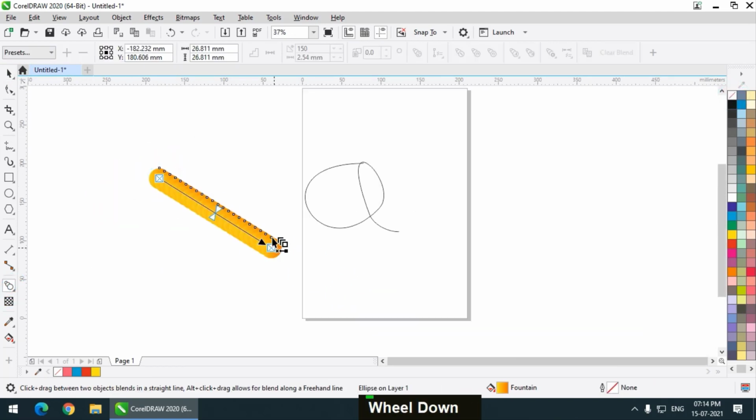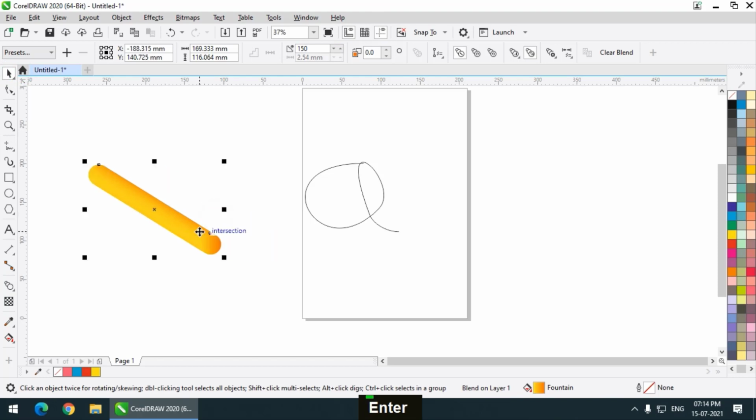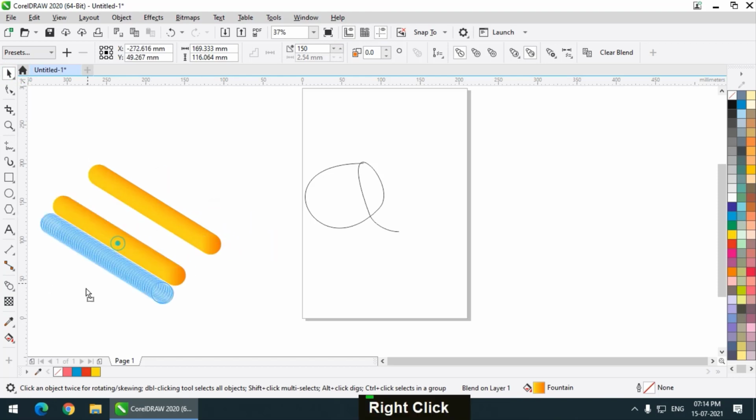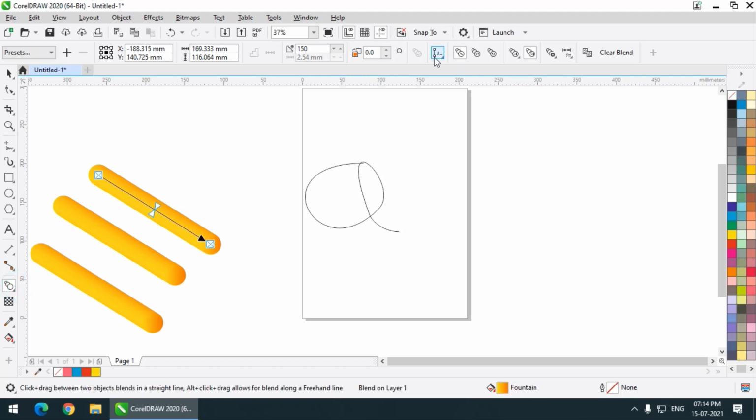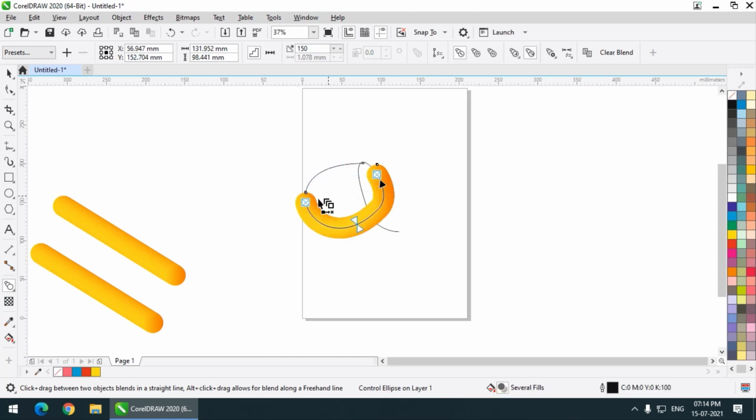Blend, steps 150. Do the same thing, copy, so that I can use them for future. Blend, new path, and click over here. So this looks better. This is how it looks.